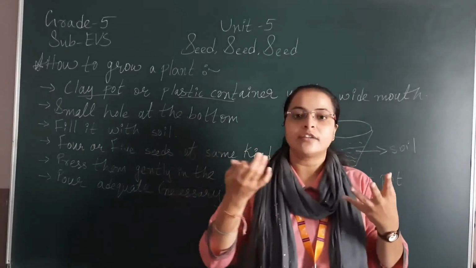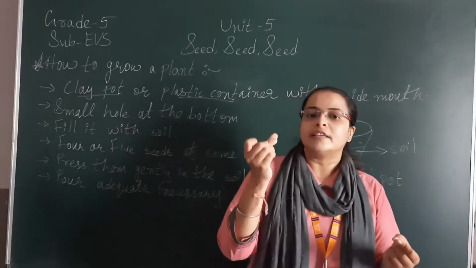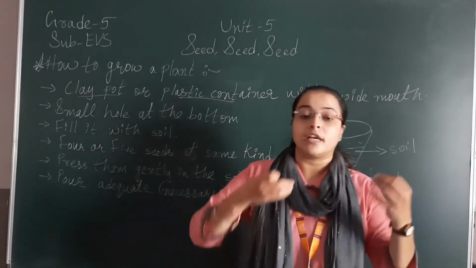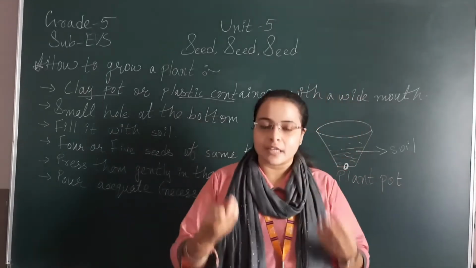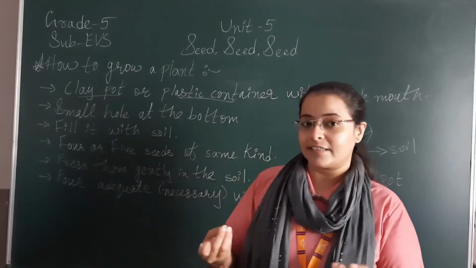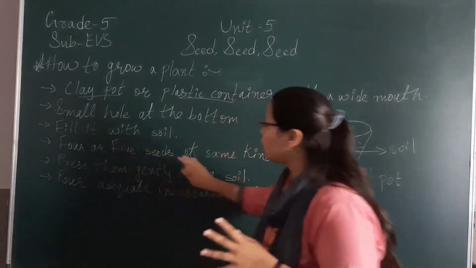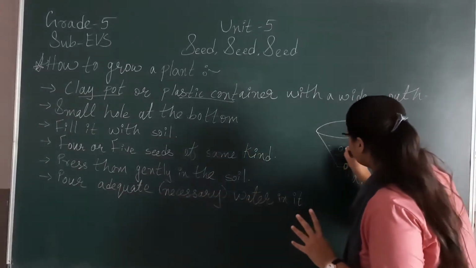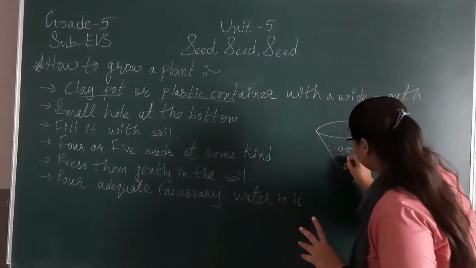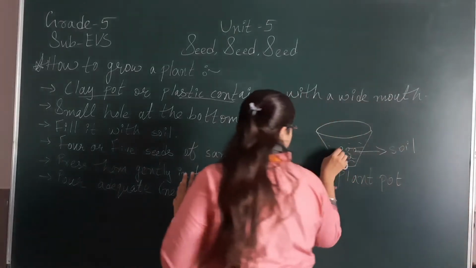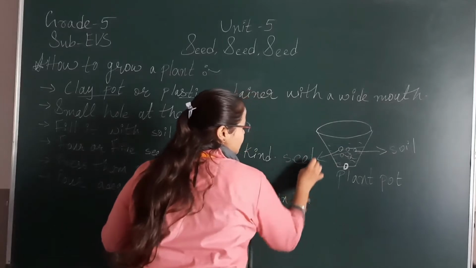I can take सरसों के seeds also. जैसे कि हम बोलते हैं ना, coriander का भी leaf ले सकते हैं, सरसों leaf, sesame यानी तिल का भी plant seeds ले सकते हैं. Likewise we have to take 4 or 5 seeds of any same kind. So these are the small seeds. I have taken around 5 seeds. So these are the seeds.